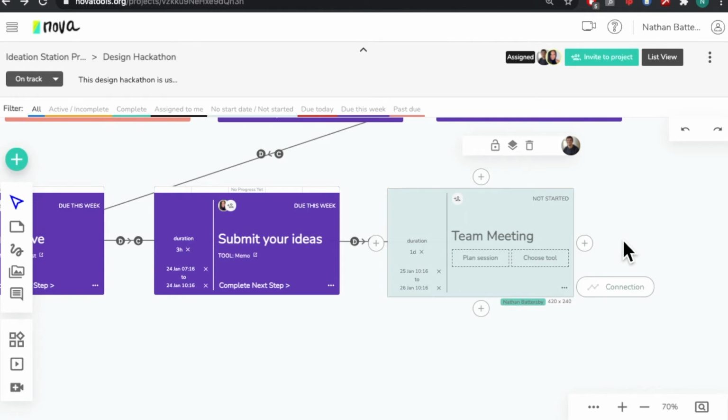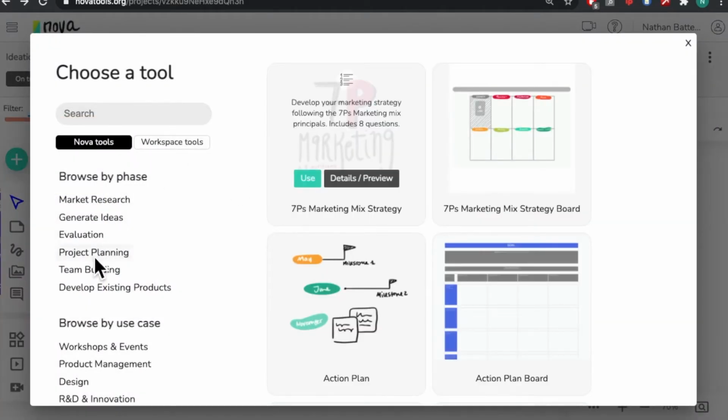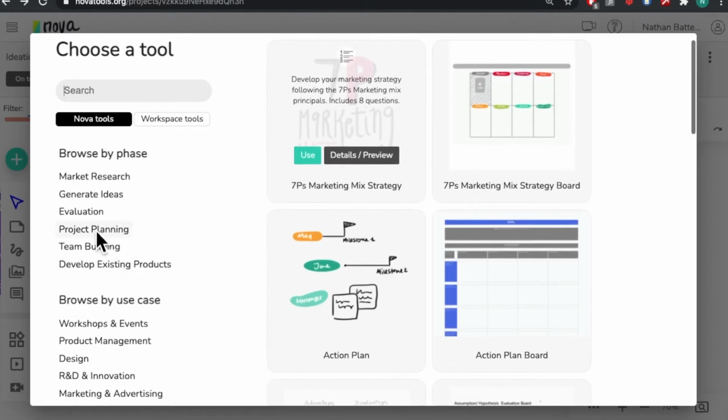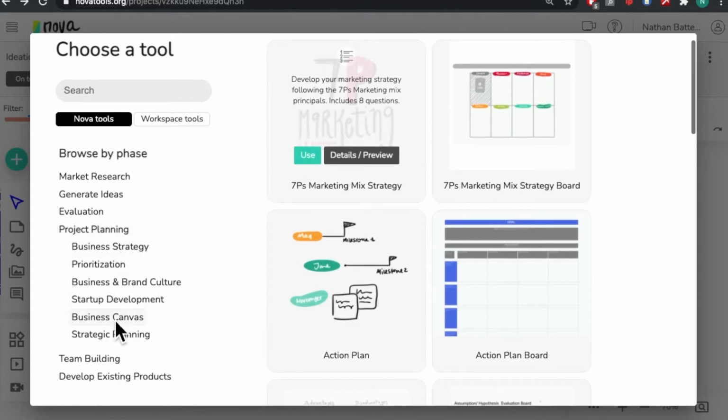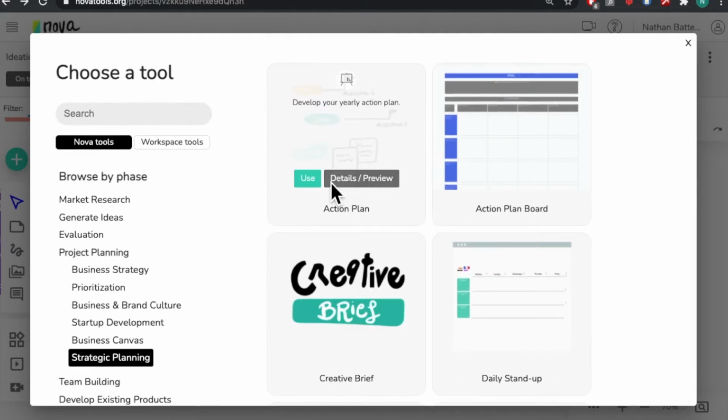Today, we will be learning how to edit tools to develop your own step-by-step process inside work sessions. To get started, you want to choose a tool in a new session. For this session, we're going to select the project planning, strategic planning to use our action plan